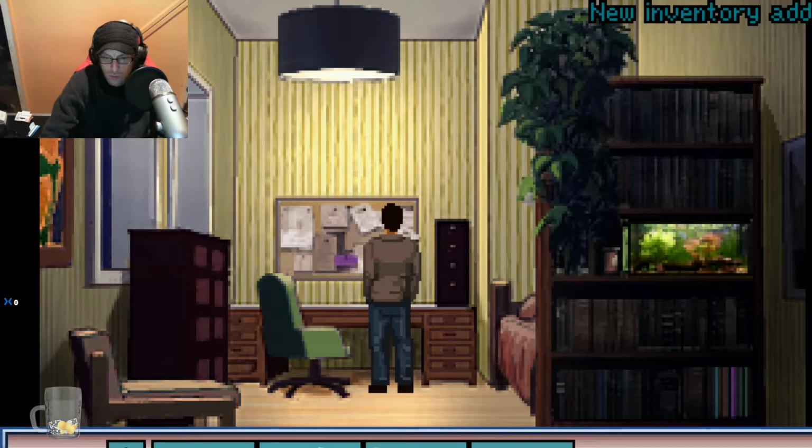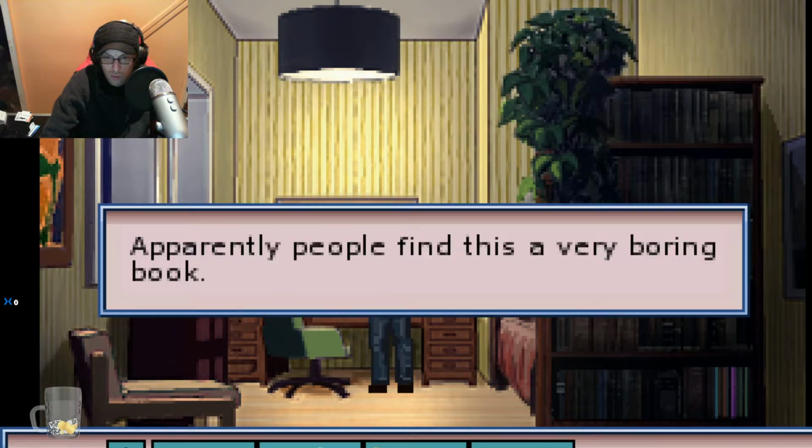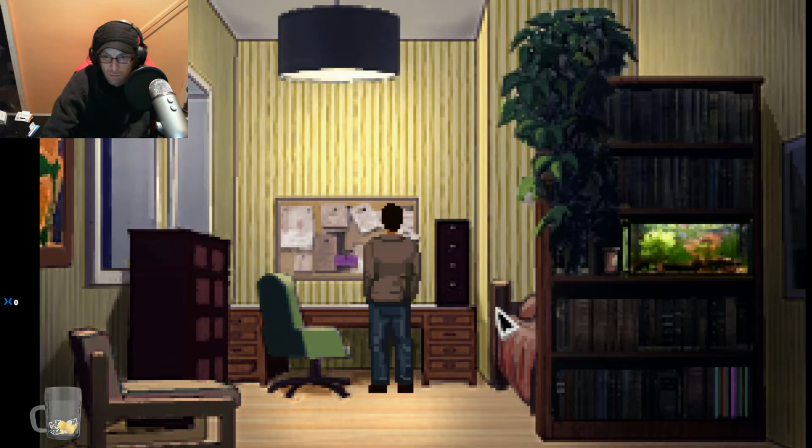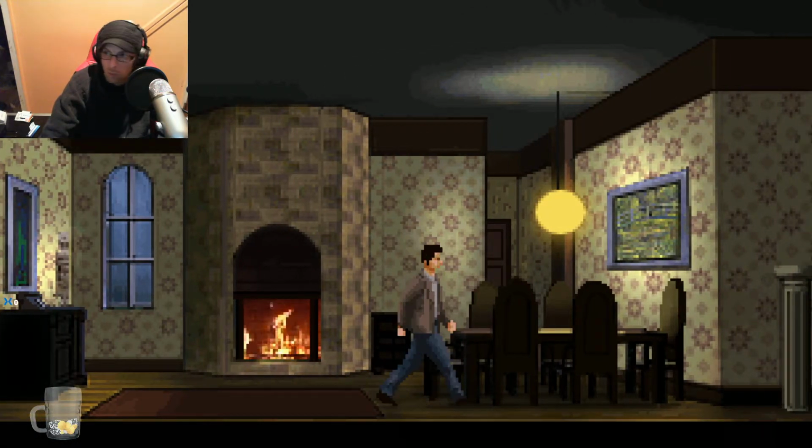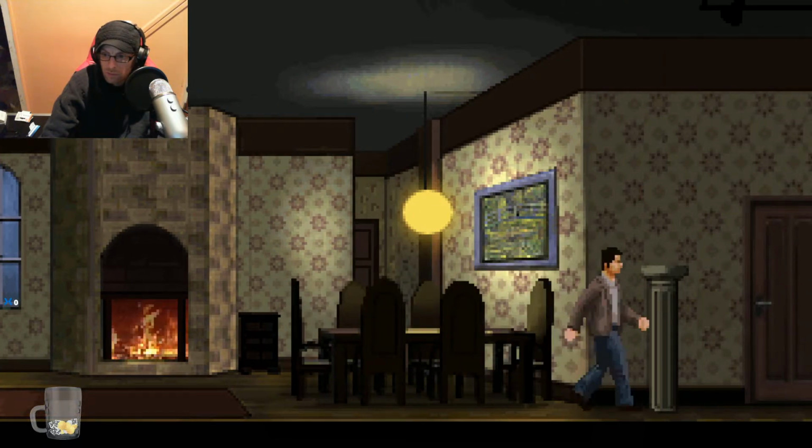So we've taken a book. A boring book. Apparently people find this a very boring book. Why would we want it then, really? I don't think we're in the right place. There doesn't seem to be anything really here. We'll have the boring book though, because, you know, we like boring books. We don't really, but...